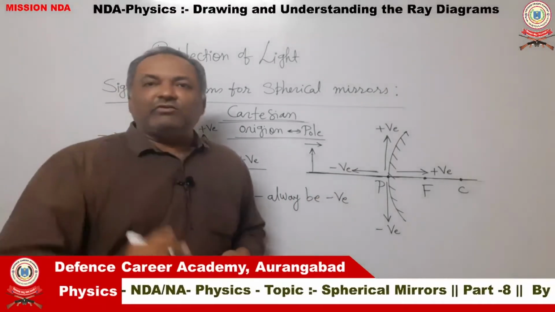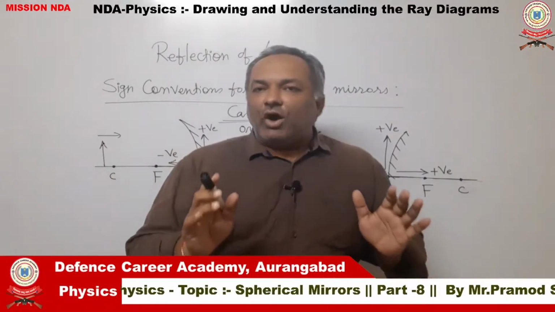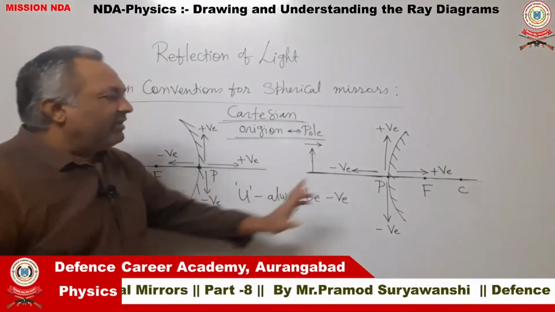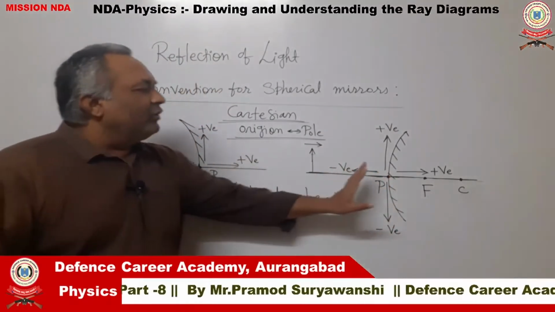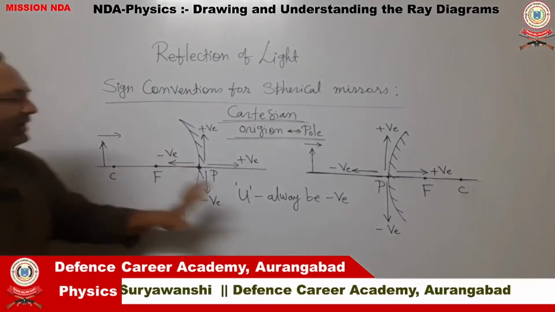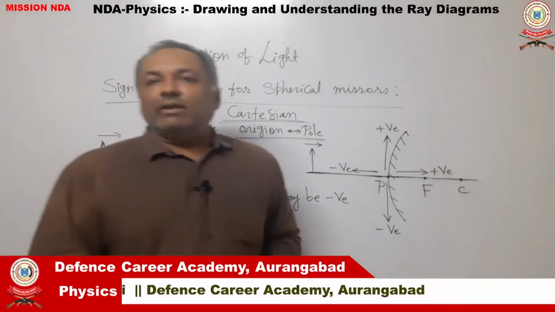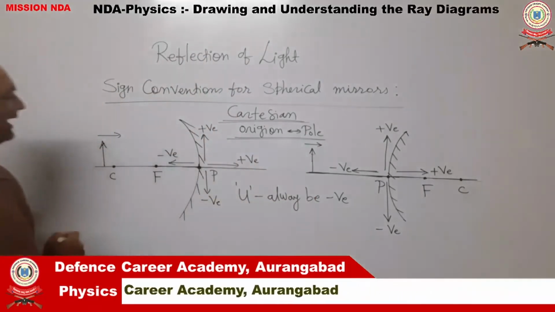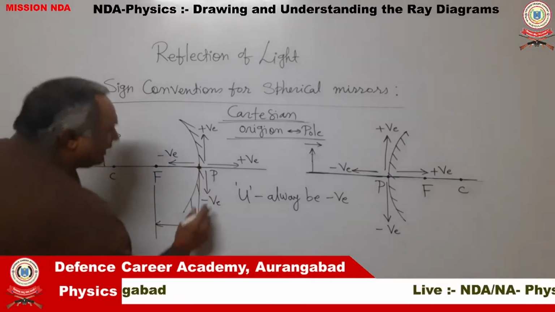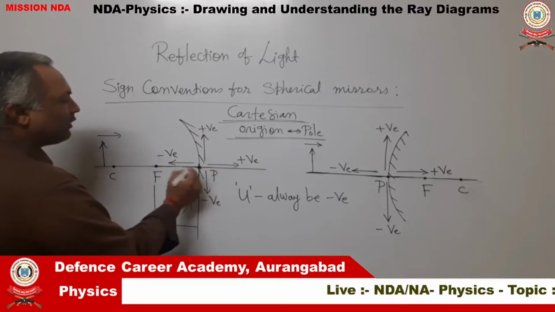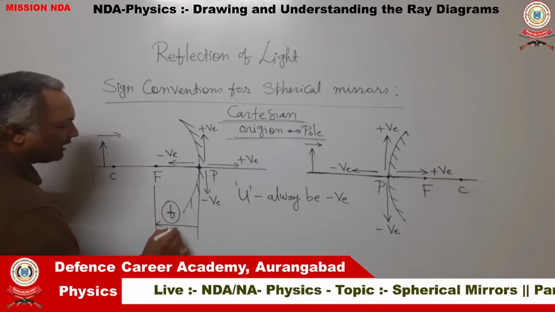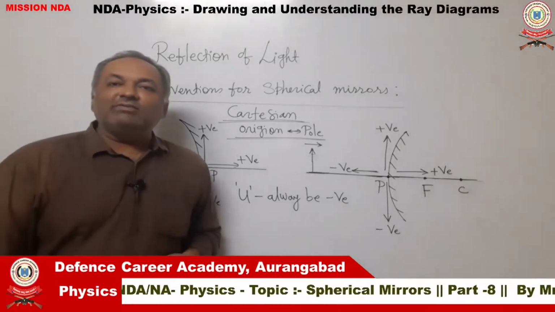Because the first restriction imposed here is that the object should always be on the left side of the mirror, in front of the mirror, that clearly means wherever you measure the object distance, you will be going to the left of the pole, let it be a convex mirror or a concave mirror. That is why the object distance is always negative. Next, if you plan on measuring the focal length of this concave mirror, you will realize that you have to go to the left of the pole. Therefore, the focal length of a concave mirror is always taken as negative.